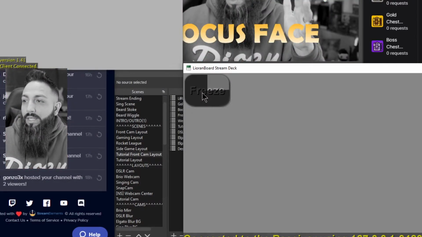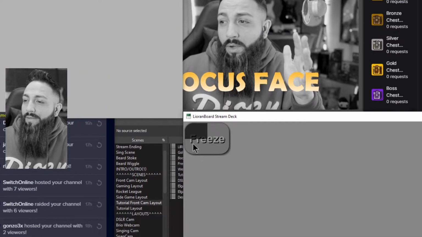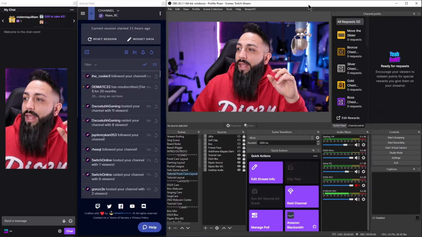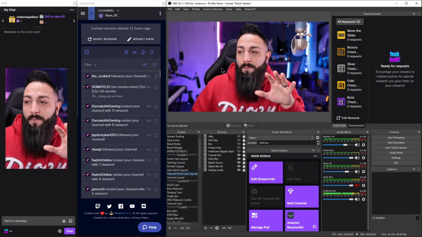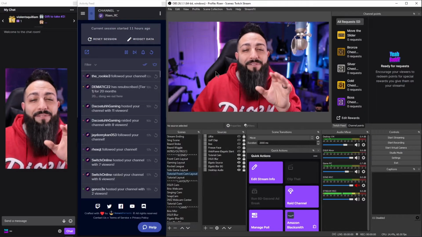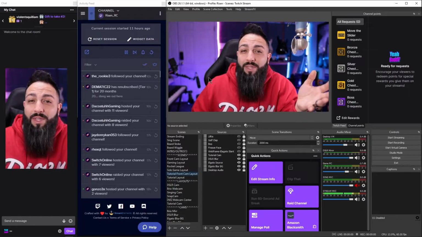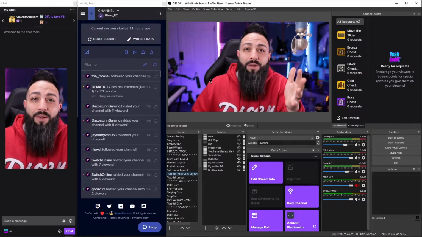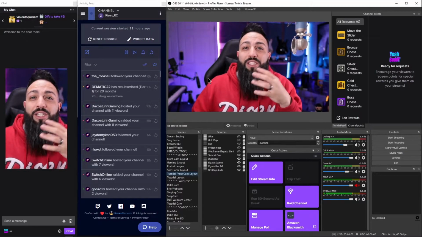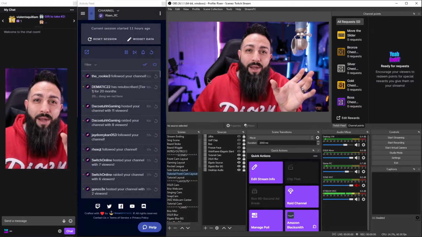There it is. So it's black and gray. The focus face of text is on, and after 10 seconds, it's gonna turn off. You can add a sound to this as well. Remember that with Lioranboard, your sound files have to be .ogg. So find a sound that you want to use for this, and then you can trim it down to 10 seconds, or if you just find one that's really short, just time this effect to turn on and turn off with the same amount of time that your